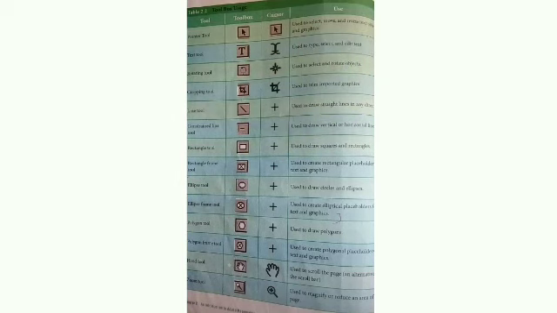Next one is the rectangle frame tool, used to create a rectangular placeholder for text and graphics. We can create the placeholder of the rectangle, and inside the placeholder we can type the text and graphics. Next one is the ellipse tool, that is used to create the circle and ellipse. Next one is the ellipse frame tool, that is used to create an elliptical placeholder for text and graphics.